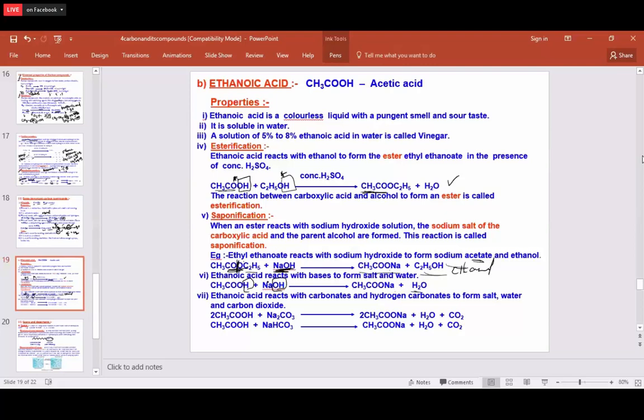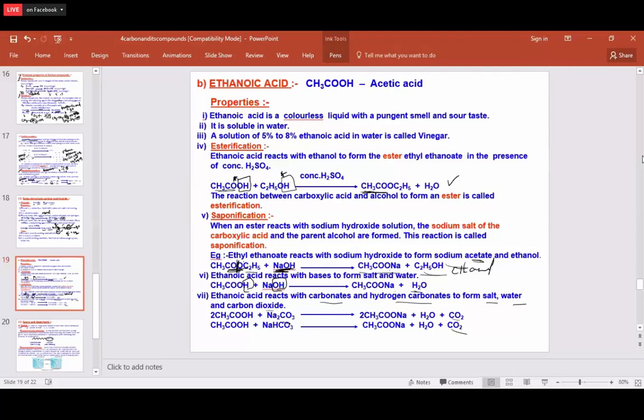So the next reaction is ethanoic acid reacts with the carbonates and the hydrogen carbonates to form the salt, water and carbon dioxide. So whenever we are treating with carbonates, immediately we will be getting carbon dioxide as one of the products. So if it is either the carbonates or hydrogen carbonate, both will give carbon dioxide. So CH3COOH acid, when we are treating it with Na2CO3,